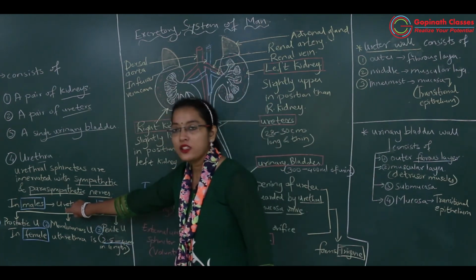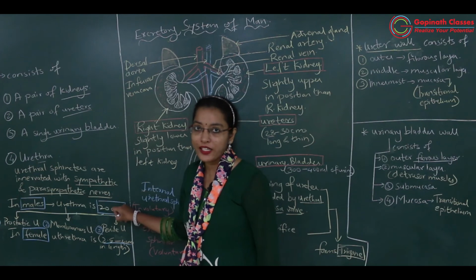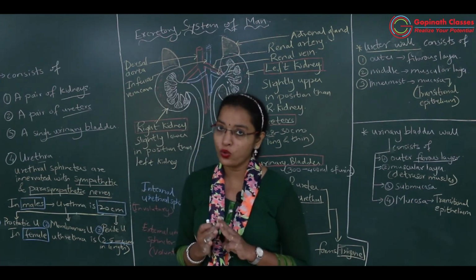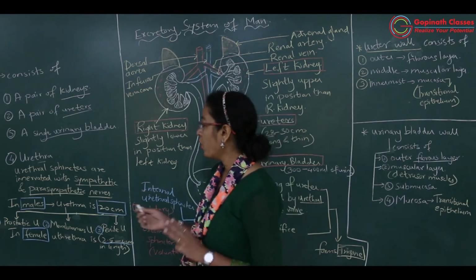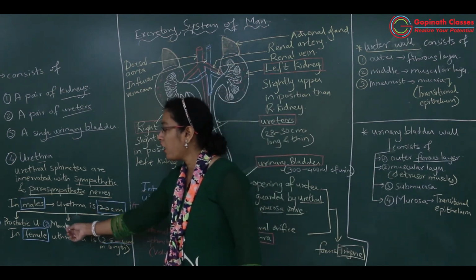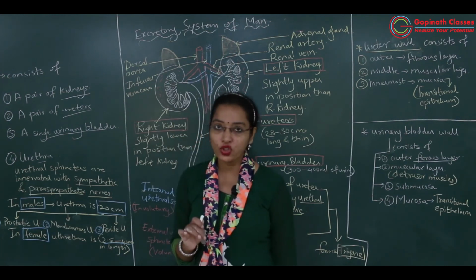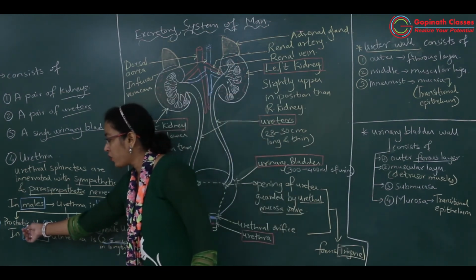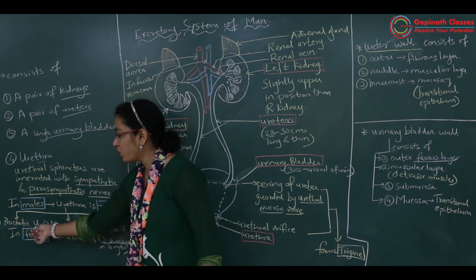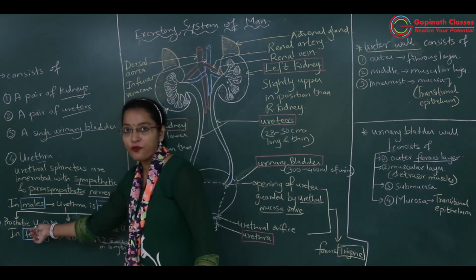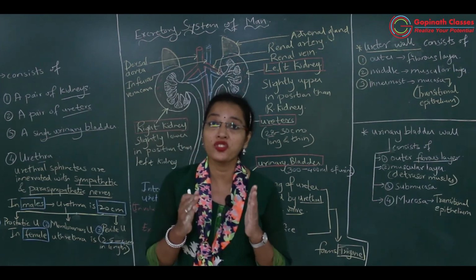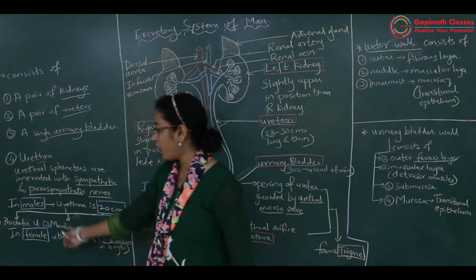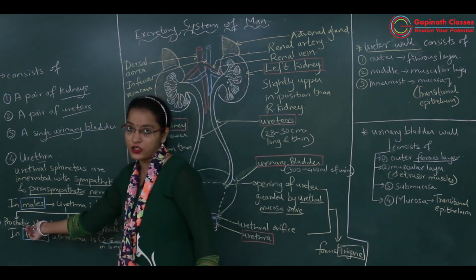Now male urethra, as I said, it is 20 centimeter and it is present at different locations. So look at this urethra, depending upon the location of the urethra, it is of three types. Prostatic urethra. So this is the region of the urethra which is passing through the prostate gland. So prostate gland से pass हो रहा है, so that is prostatic urethra.